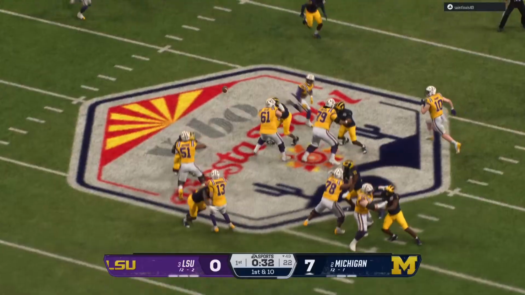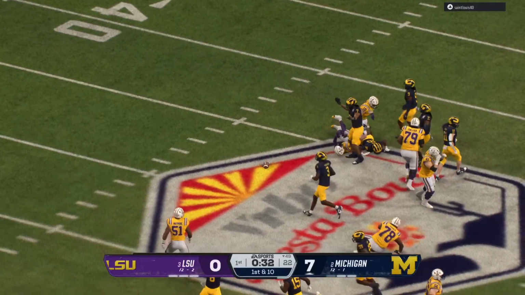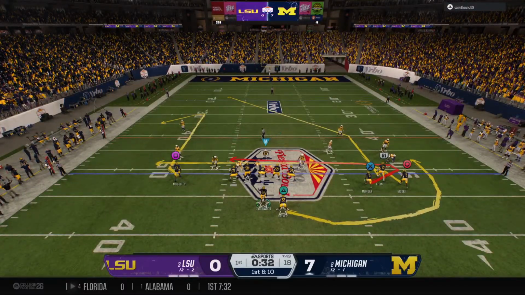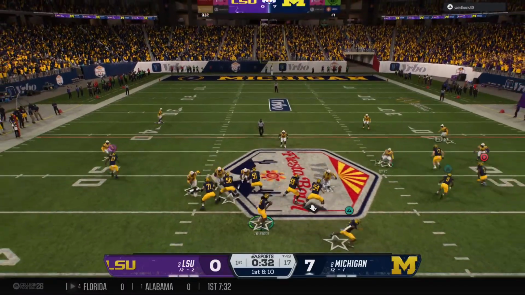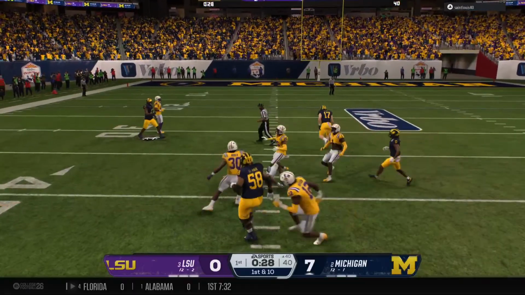Oh, my gosh. A dropped pass here on this 4th down play. Everything was perfect. The execution is there. The route is nice. The ball is on the money. All he has to do is catch it, and it's a first down, and he drops it. This one could come back to haunt him.